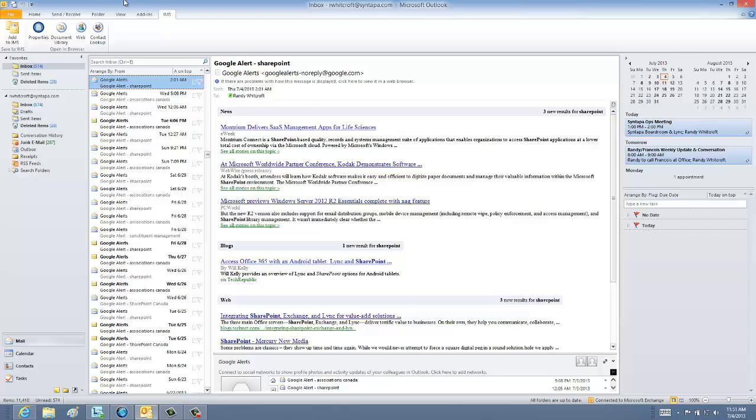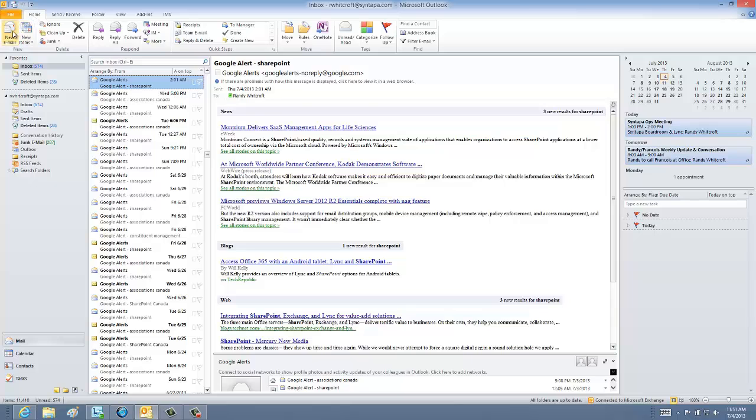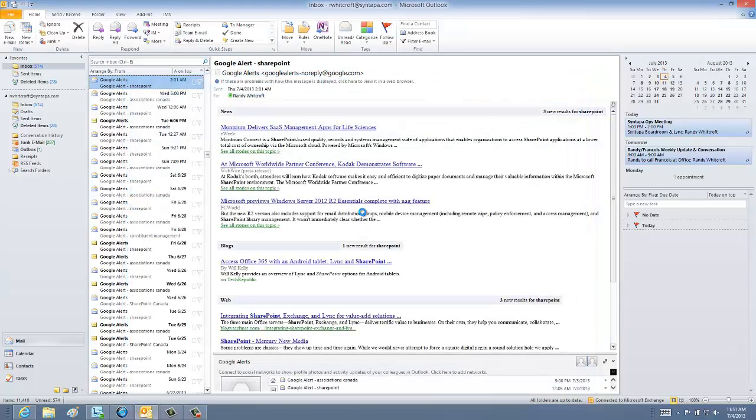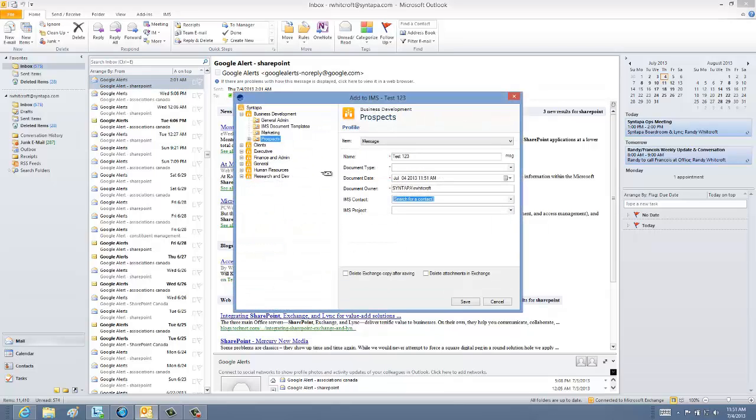I'm going to walk through a typical scenario in the sense that a user turns around and creates an email. It works the exact same whether they're replying, what have you. But in this case, I'm going to send myself an email and just put test 1, 2, 3 and test email. As soon as I hit the send button, it's asking me to profile that